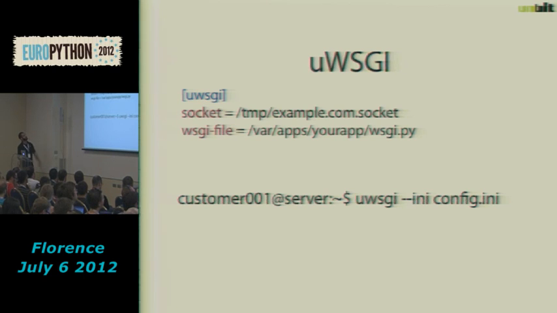And this is a uWSGI configuration for a uWSGI app. The first three lines are a .ini file. I suggest you start with a very simple uWSGI configuration when you start learning it, because it can become very complex when you start studying it. So start with a very simple config. And the last line is how you start it. So you start nginx, you start uWSGI, and your app will start working, I hope.